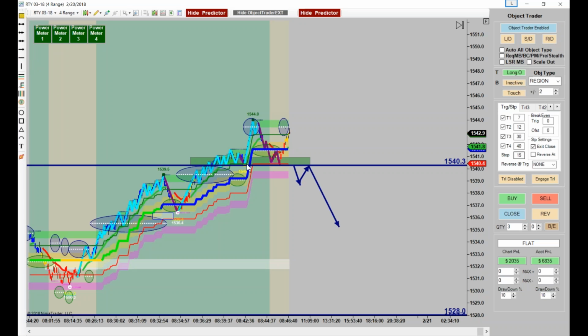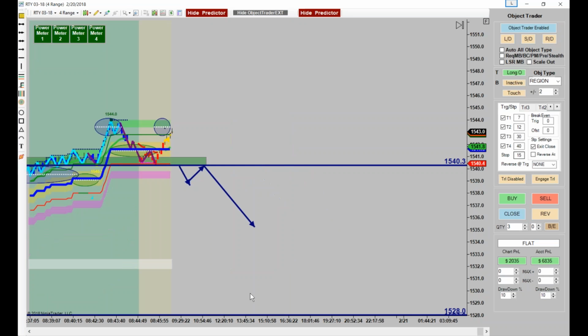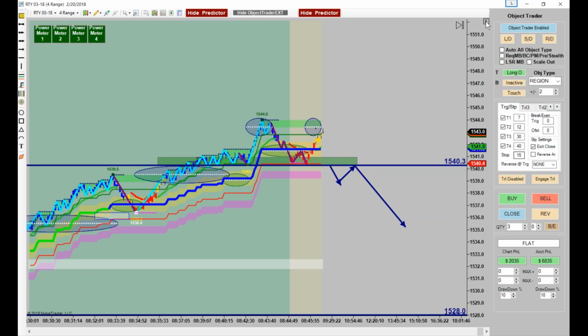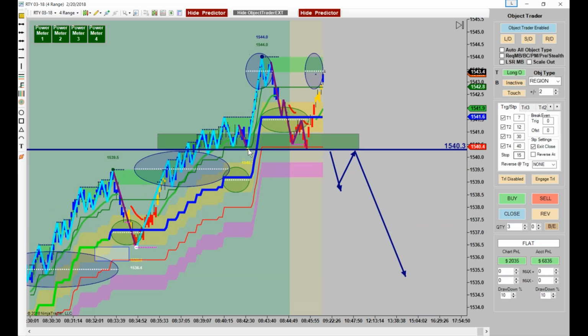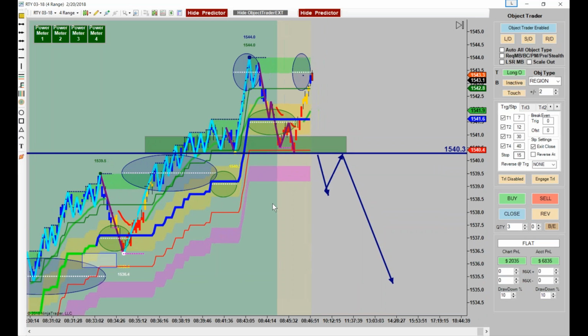It bounced off support. And you've always got to remember that when they break these swings, they're no longer heading up. They may go sideways for an hour or two or something like that. But as long as you get higher lows and higher highs, you are still looking for longs. Don't fall for just getting in under mid-band just because it breaks it. Because while you're getting a 5-tick trade, we'll be getting a 30-tick trade.